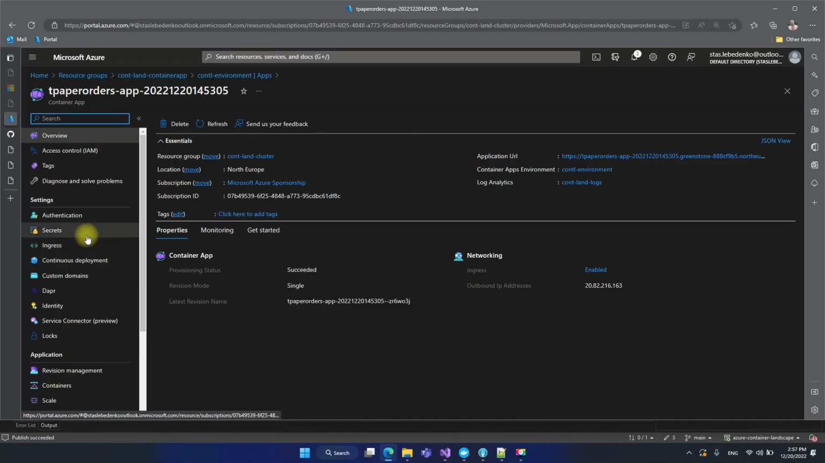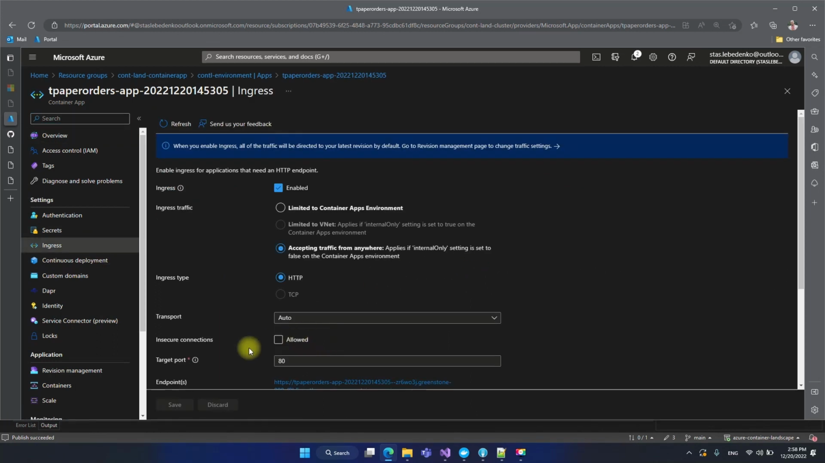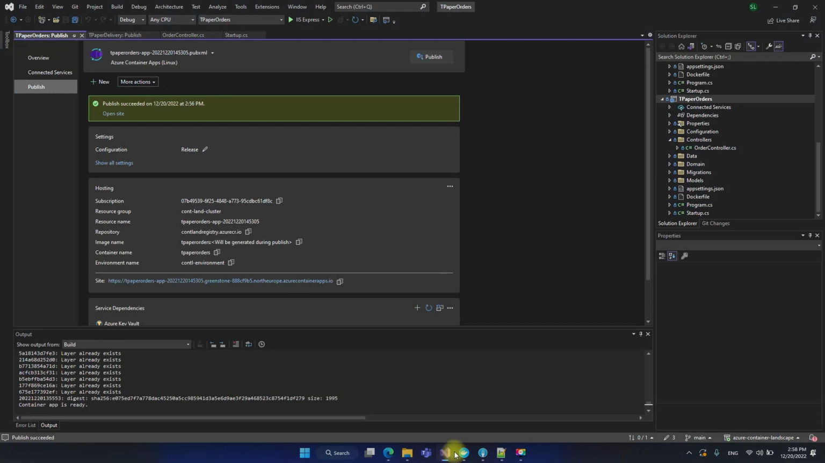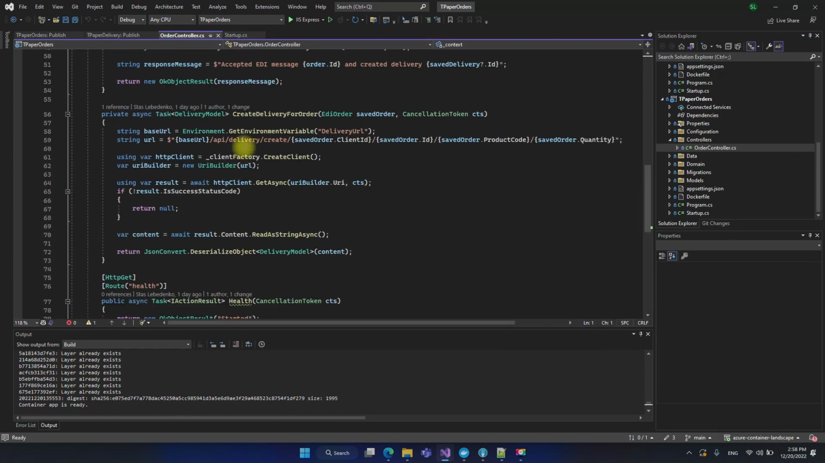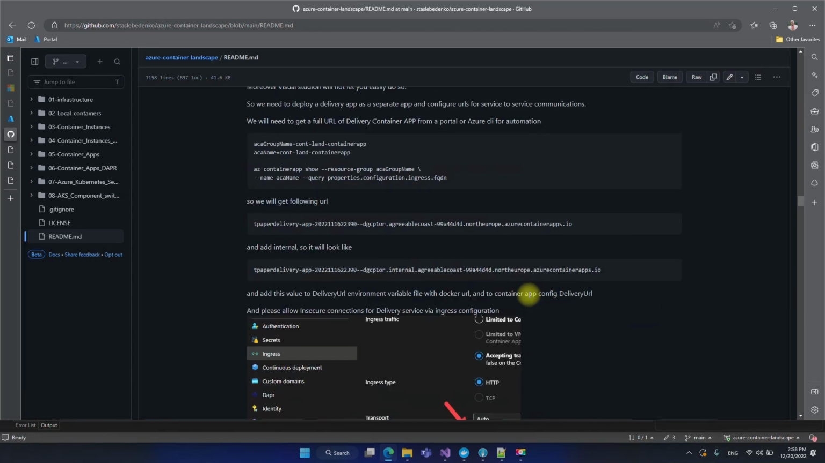We would briefly switch to ingress and make it HTTP allowed, insecure connections allowed. While it's updating, we can have a quick look into the code. So we can see the order controller here, and we see this delivery URL section. Essentially, delivery URL is the URL of your container app,